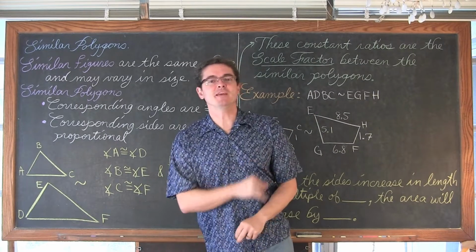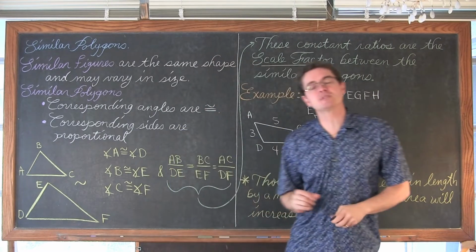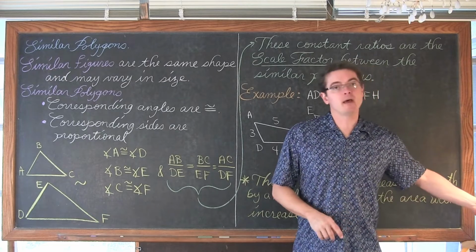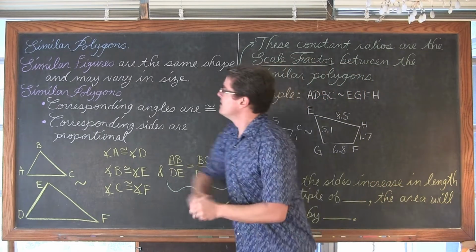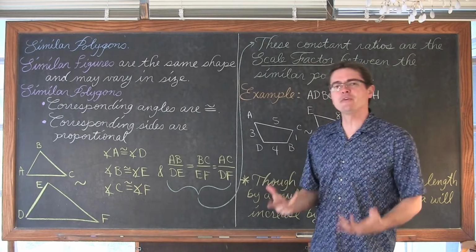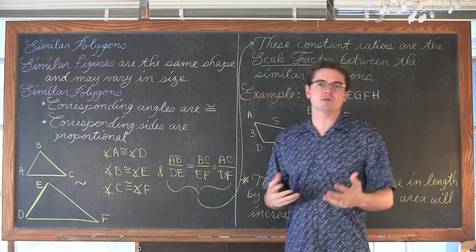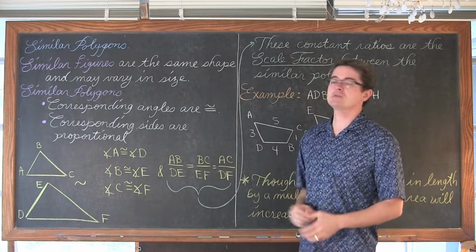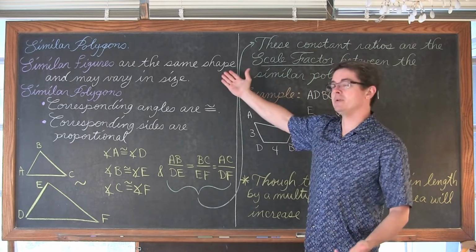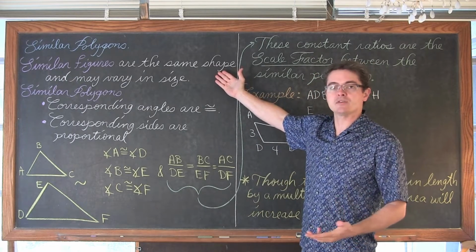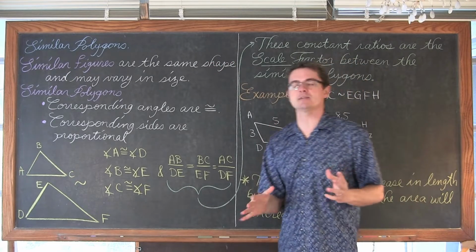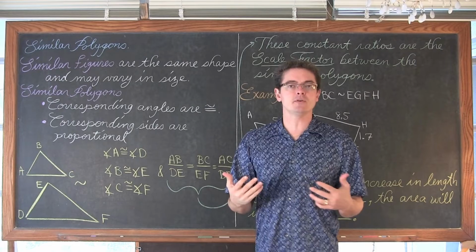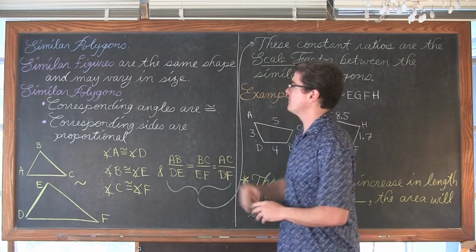I am Mr. Tarrou. In this video, we're going to introduce what similar polygons are, and we're going to work through 5 examples to help you get through your homework. So, similar polygons. Well, similar figures in general, polygons have to have straight sides, but similar figures in general are just simply multiple figures that have the same shape but can vary in size. Now, they can be the same size, but that's more specific, and we call those shapes congruent.